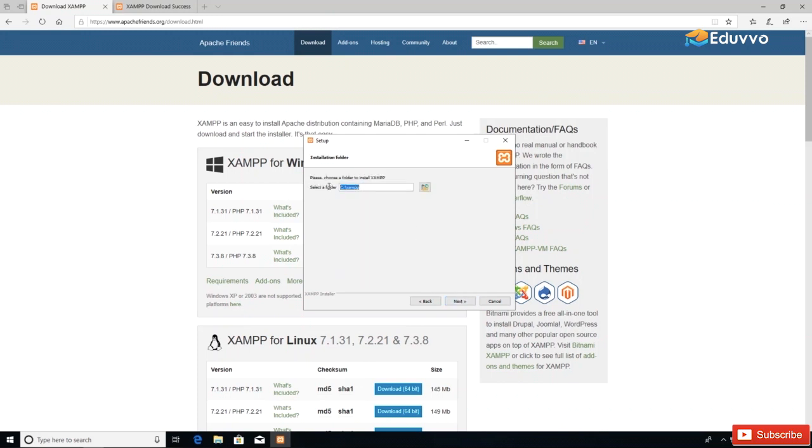We can go ahead and proceed with that default folder. If you have another folder that you wish to use, then that's fine. But essentially, this is where all of the server, PHP, and MySQL files will be deployed to, and ultimately where we will need to put our sites for hosting on the web server. But we will just click next and go ahead and proceed